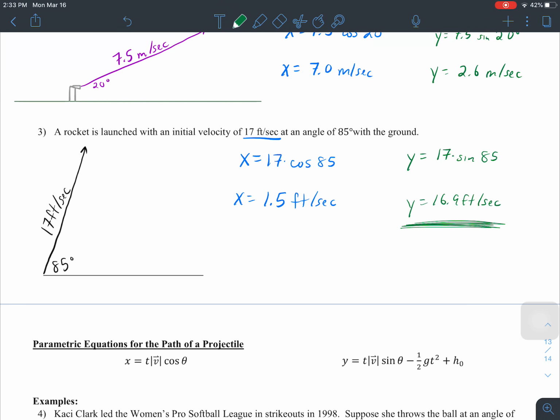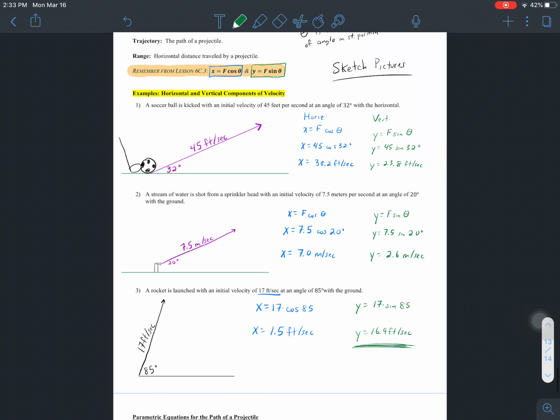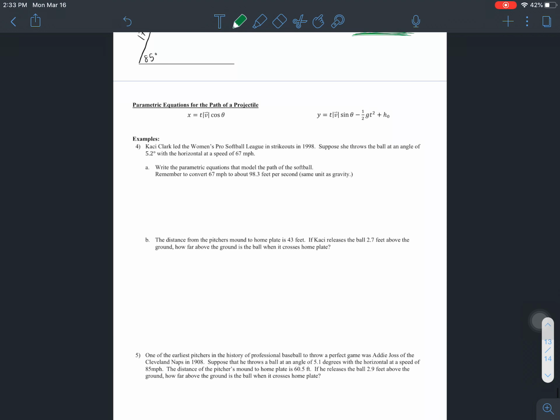So the main idea for 1, 2, 3 is to get used to drawing pictures, and to get used to what is a horizontal component of velocity and what is a vertical component of velocity. Very similar to how we've dealt with forces before, but the front page deals with horizontal and vertical components of velocity. Now the back page looks at the parametric equations for the path